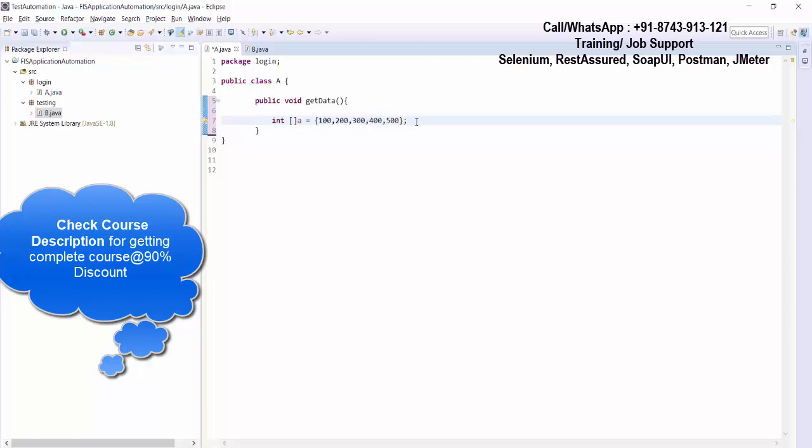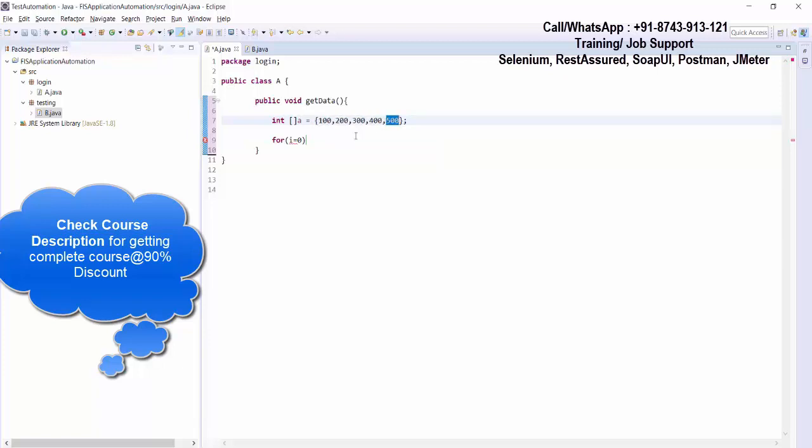Okay, now the point is, I want to fetch all the values of the array. So one option could be, I'm going to use a for loop, and I'm writing for i equal to 0. Why are we starting with 0? Because an array stores data on indexes. So index always starts from 0. If we have an array with 5 data, indexing will be 0 to 4. So you can check it like 0, 1, 2, 3, 4.